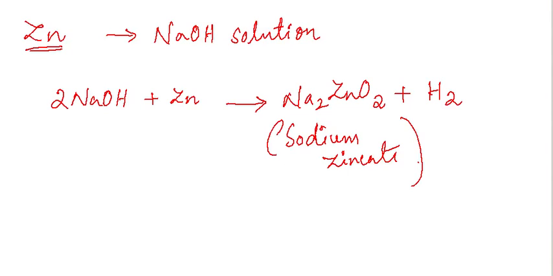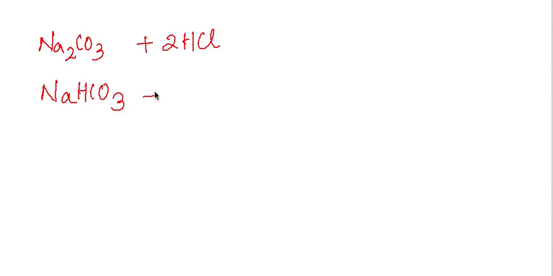Alright, so now let's move on to the next type of reaction, that is the reaction of metal carbonates and metal hydrogen carbonates with acids. How do they react with acids? Now for an example, let's take sodium carbonate, Na2CO3, and let's take sodium hydrogen carbonate, that is NaHCO3. Now we are going to add dilute HCl to both